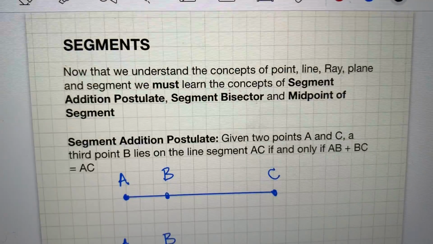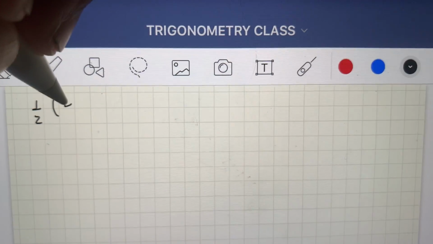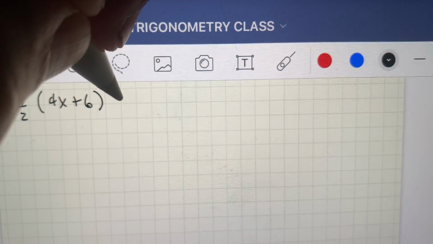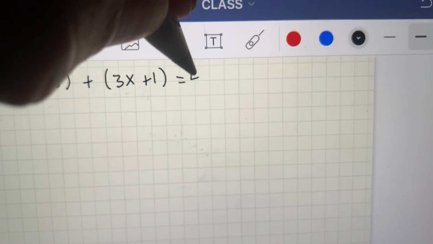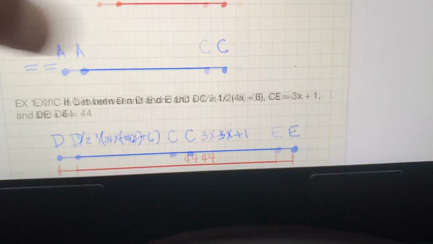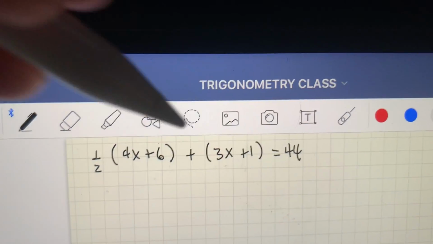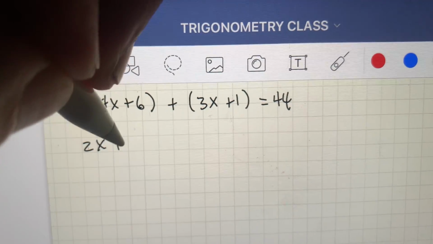So we had 1/2 of 4x plus 6, plus 3x plus 1, and that has to be equal to 44. Let me double check my values. 1/2 of 4x plus 6 and 3x plus 1 equals 44. So now we can multiply 1/2, which gives us 2x plus 3